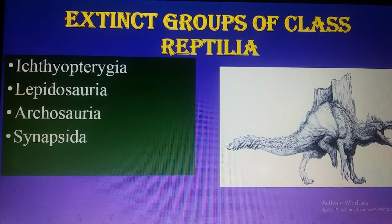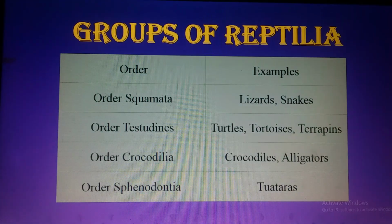Okay. Extinct groups of class Reptilia are Ichthyopterygia, Lepidosauria, Archosauria, Synapsida. They are now extinct. Must keep it in your mind. Okay, the groups of reptiles. Orders include Squamata, which includes lizards and snakes; Testudines, which include tortoises and terrapins; Crocodilia, crocodiles and alligators; and